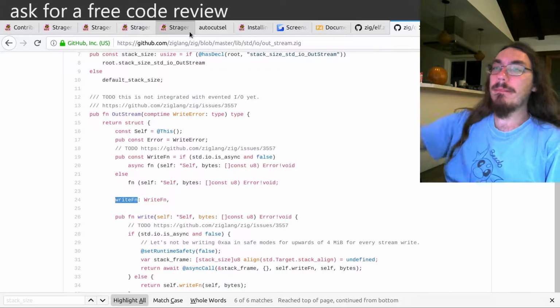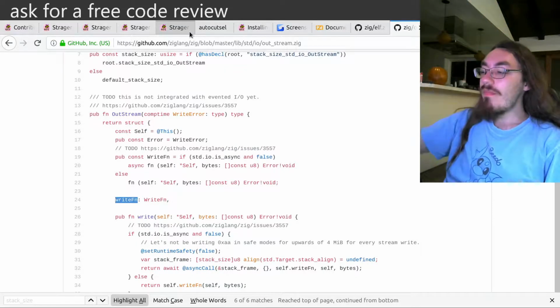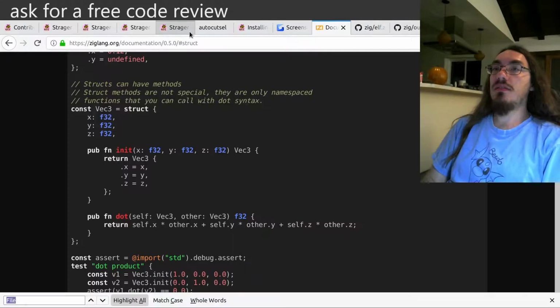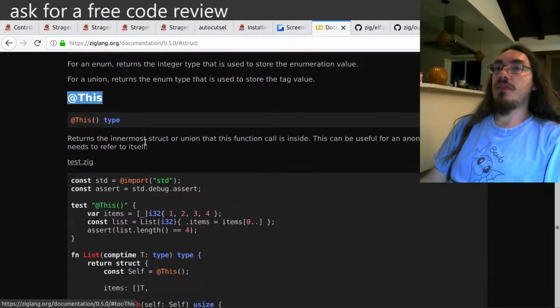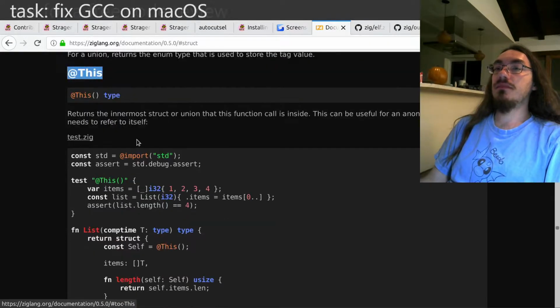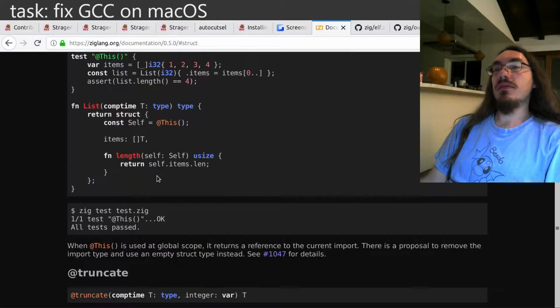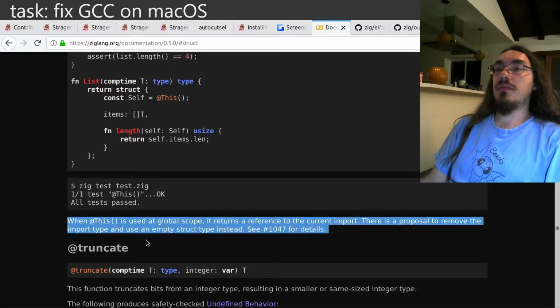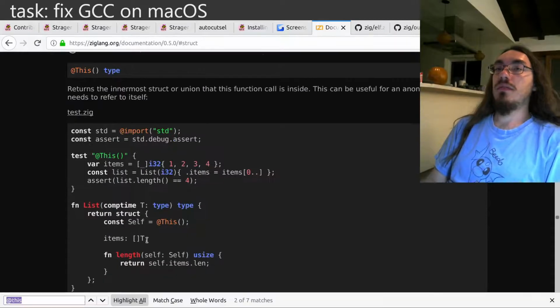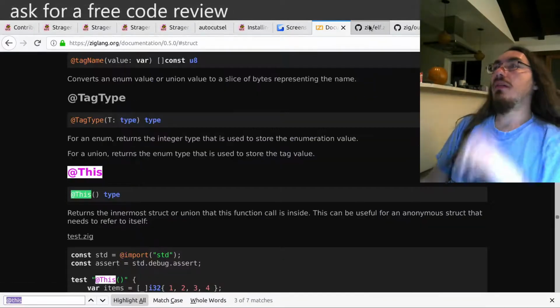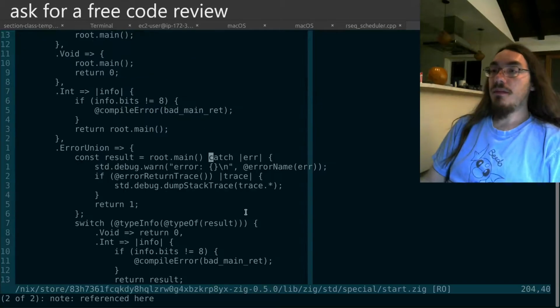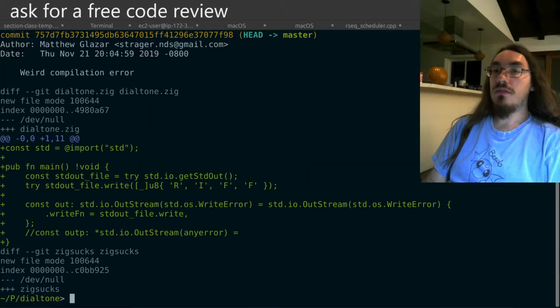Okay. Now what the heck is this nonsense? Turns the innermost struct or union that function call is inside. Okay. But how the heck am I supposed to use that? Well, at least I have this code here. So